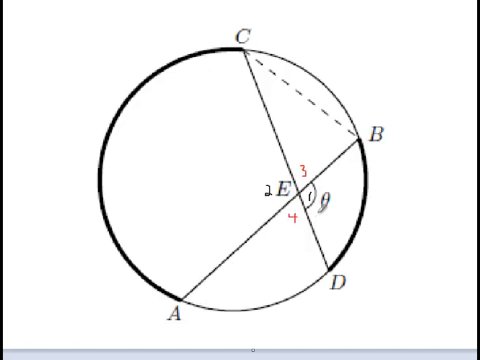All those rules are fine, but in terms of their relationships to the arc, let's say we've got two arcs over here that are bolded. We've got arc BD, and we've got arc AC. Now, if these were central angles, then of course angle 2 would be equal to arc AC, and angle 1 would be equal to arc BD, but unfortunately they're not central angles, so you cannot establish that. What you can do, however,